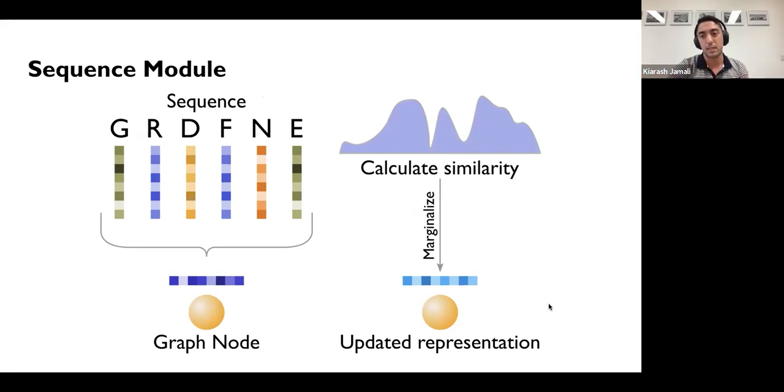We use the ESM language model from Facebook, and that turns it into a series of vectors. Then we do a similar search against the sequence, and we bring it back. Before we just had CRY-M information, now you also add in the sequence information from the amino acids that were inputted, and you get an updated representation.